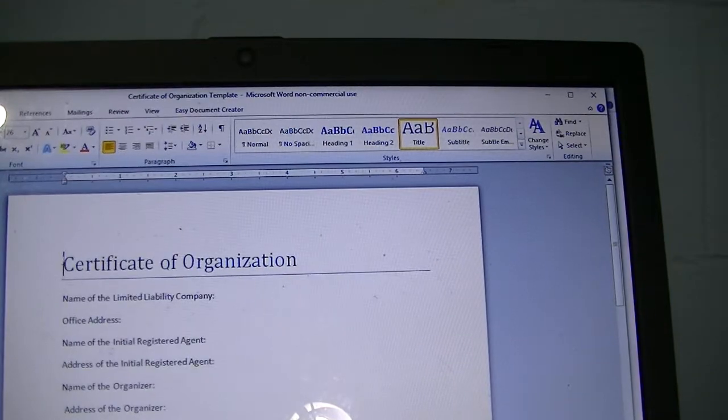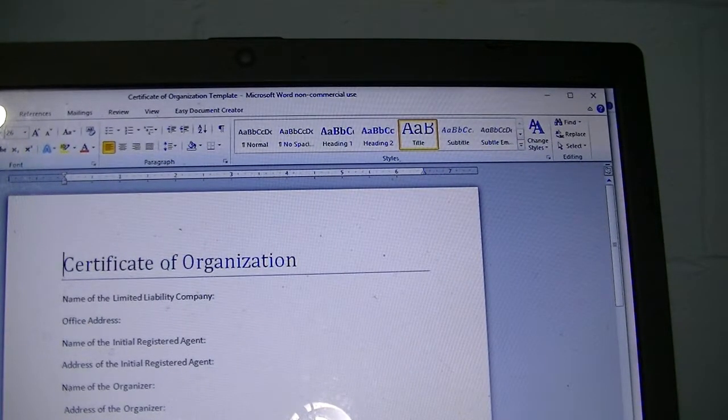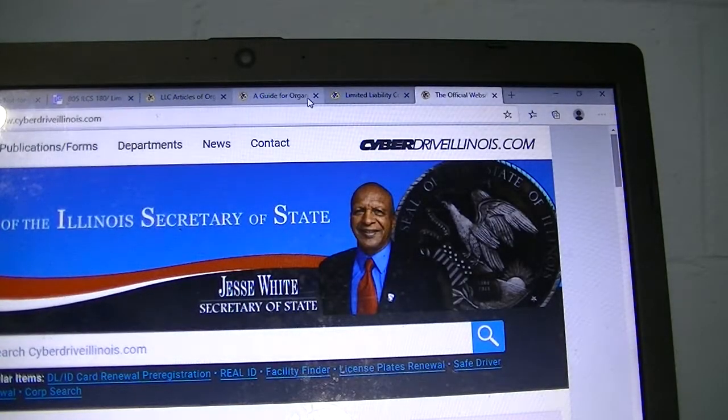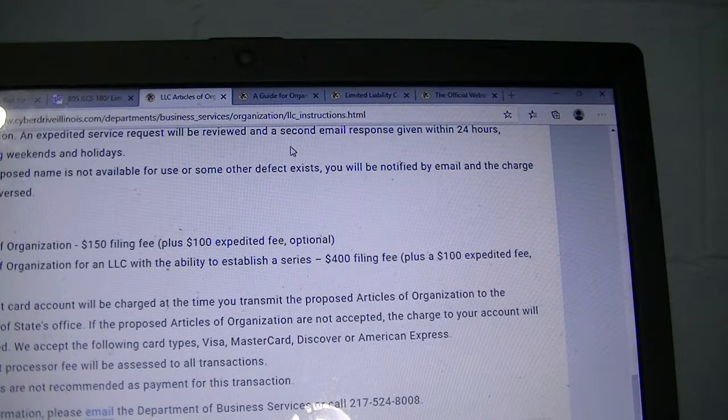So you can just create that online and we pull this information pretty much from the state's acts, and my state has a shorter version. Illinois has a longer version. Let me see here. That's this. Yeah, that's